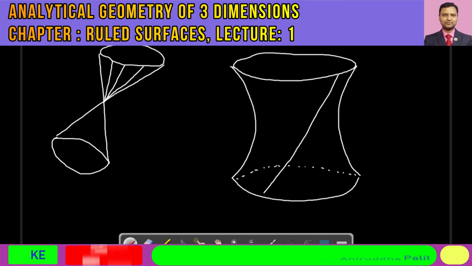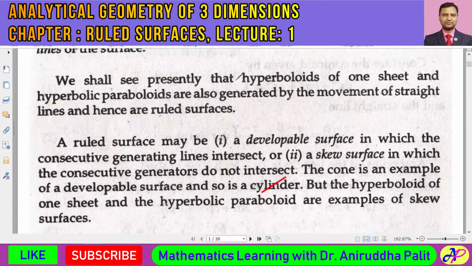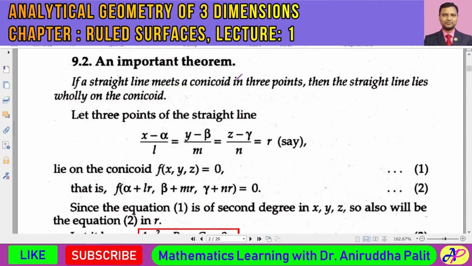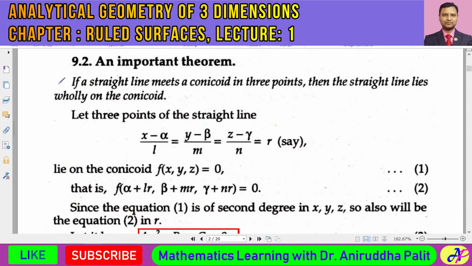Where is this? This is the book. Over here, we have the definition of ruled surfaces, skew surfaces, developable surface, etc. Now this is the first result that we shall discuss today. It says that if a straight line